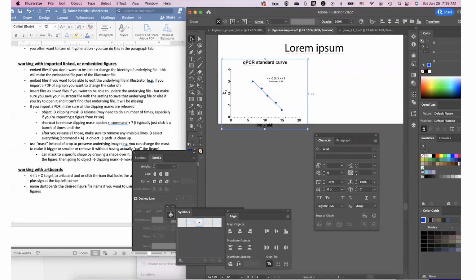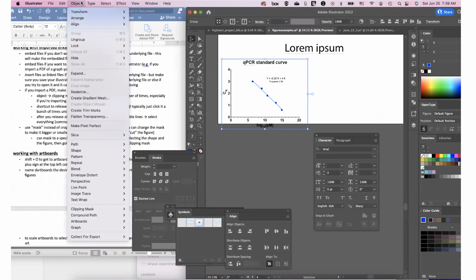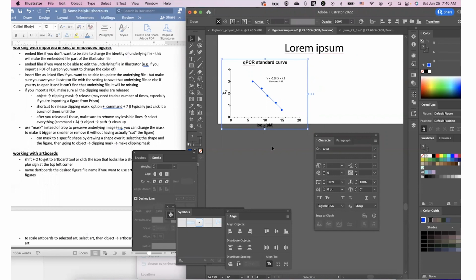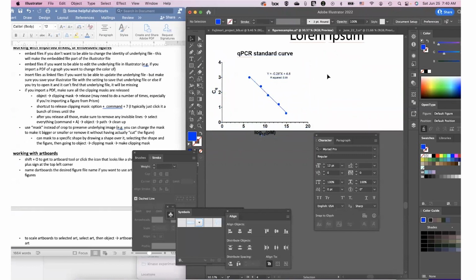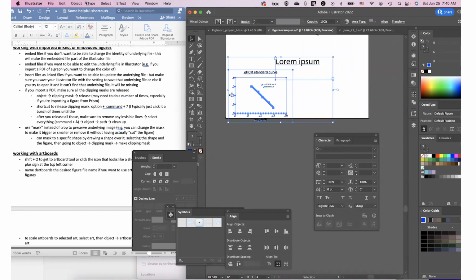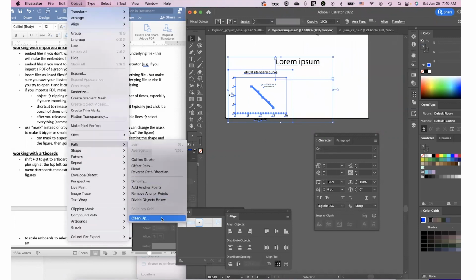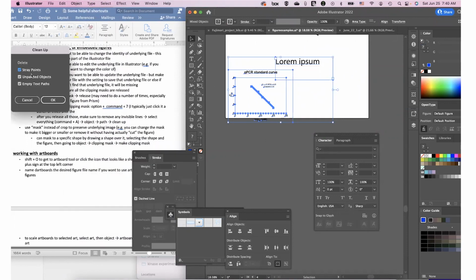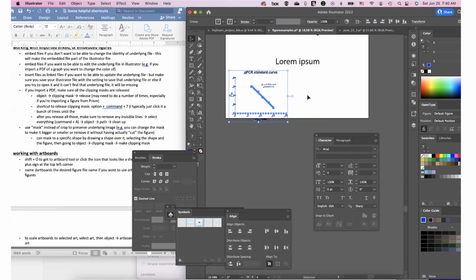So what you can do is go to Object, Clipping Mask, Release, or you can get to it directly by Option Command+7. Sometimes there's a bunch of clipping masks, so I typically just press it a bunch of times until you see that these are all individual points. Now what I do is I select everything. I go to Object, Path, Clean Up, and it's going to clean up any of those invisible lines,